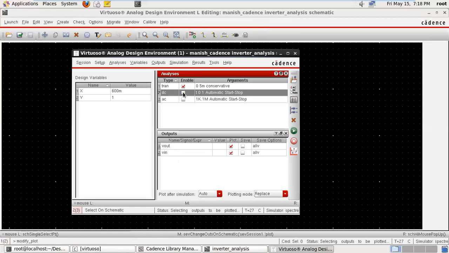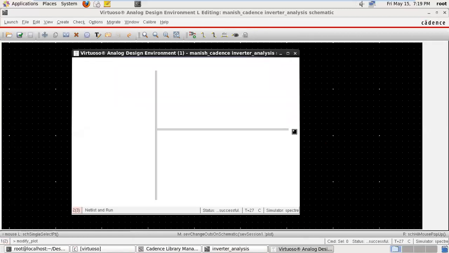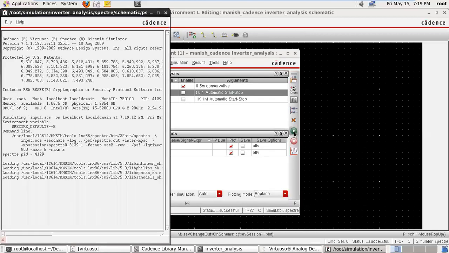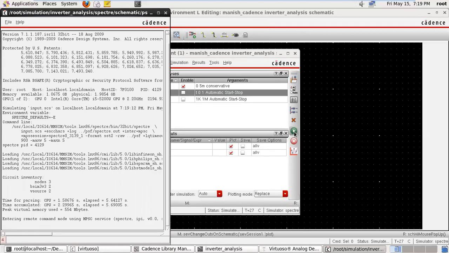So first, suppose there is transient analysis. So click on this green button, that is for simulation. Just wait for 1 minute. The first time it will take some time.